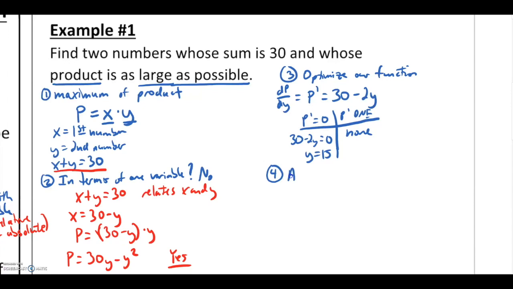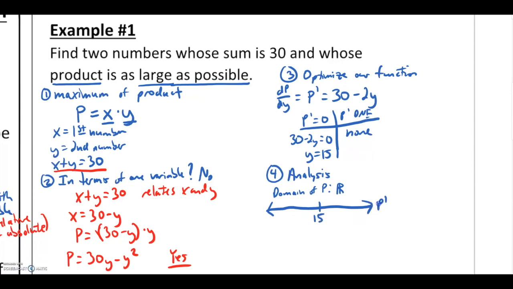And the last step is really the rest of the analysis to figure out, is this the spot where my maximum is going to be located? So first thing we're going to think about is the domain for that function. And what you've got to think about, it's a product of any two numbers, so your domain is going to be all real numbers. Why this is an important thing to think about is if you have a restricted domain and multiple critical values from step 3, you might be able to knock some of those values out as possibilities if they're outside your domain. So we're going to open ours up, and we'll set up our sign chart